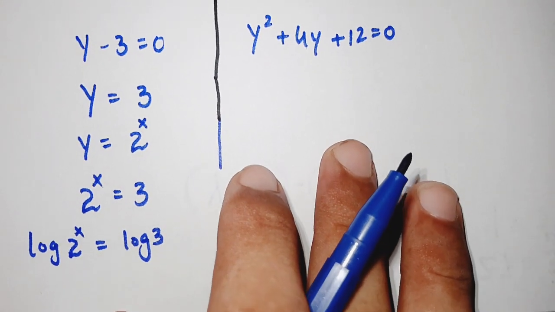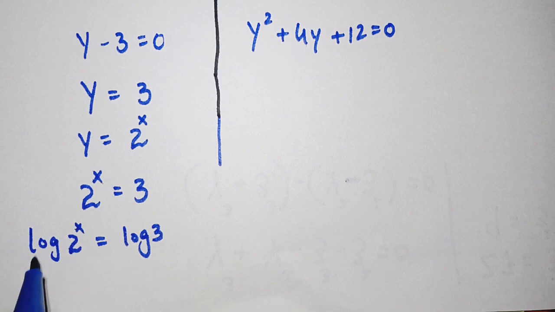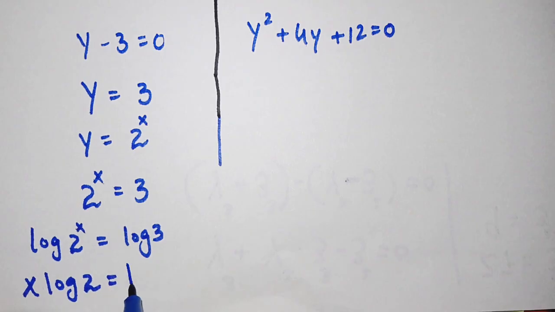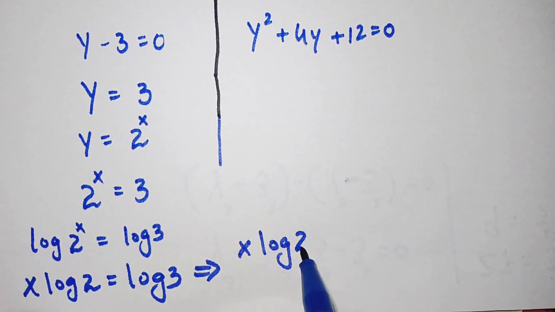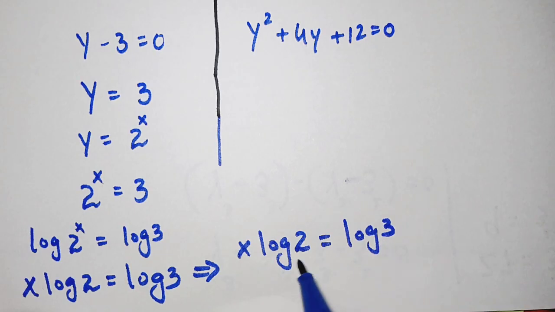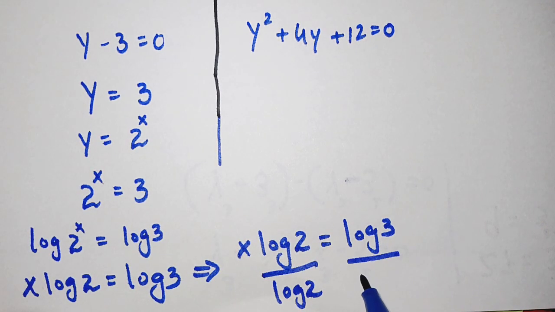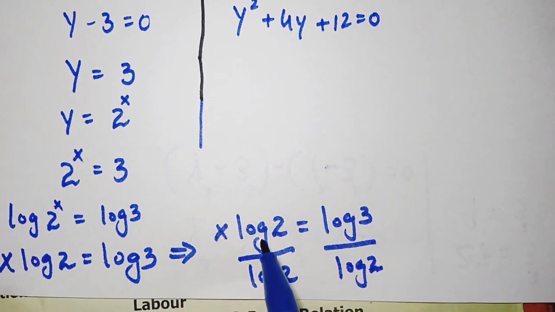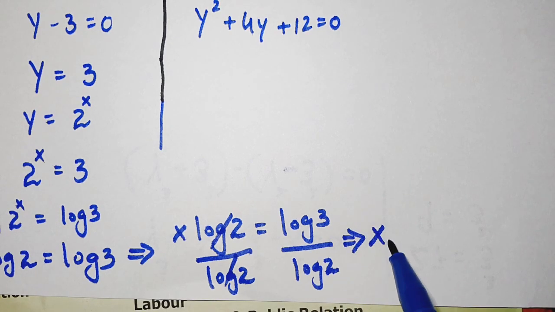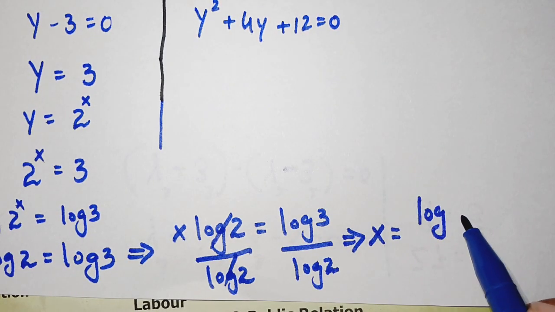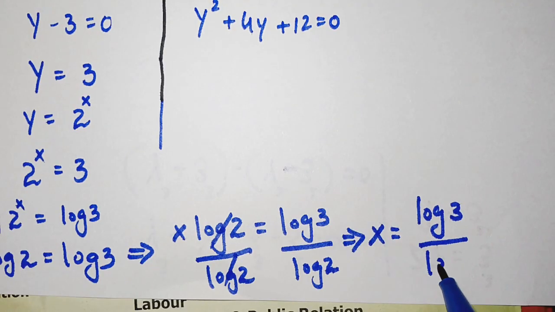Now in the next step, to solve this question we have to move this x to the base, so this will become x log of 2 is equal to log of 3. Now here x log of 2 is equal to log of 3. We have to divide both sides by log of 2, so this side divided by log of 2 and also this side divided by log of 2. Now here this log of 2 cancels with this log of 2, so x is equal to log of 3 divided by log of 2,